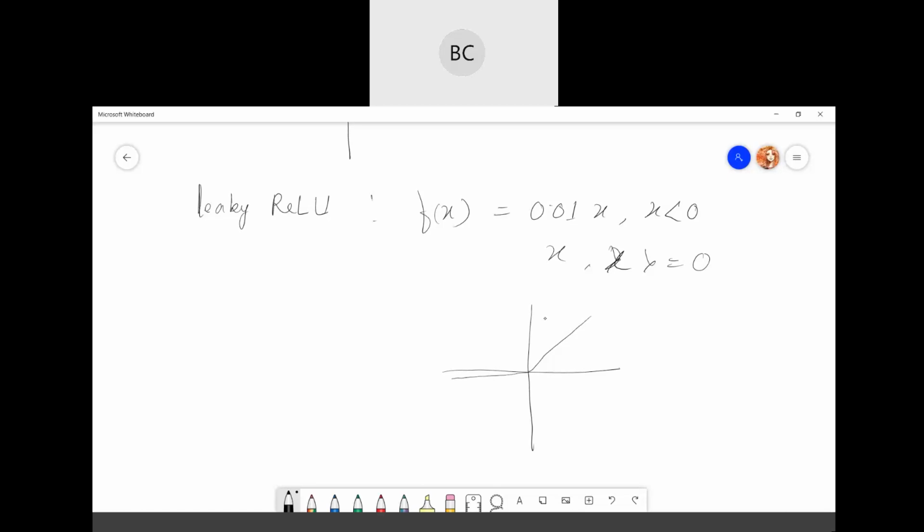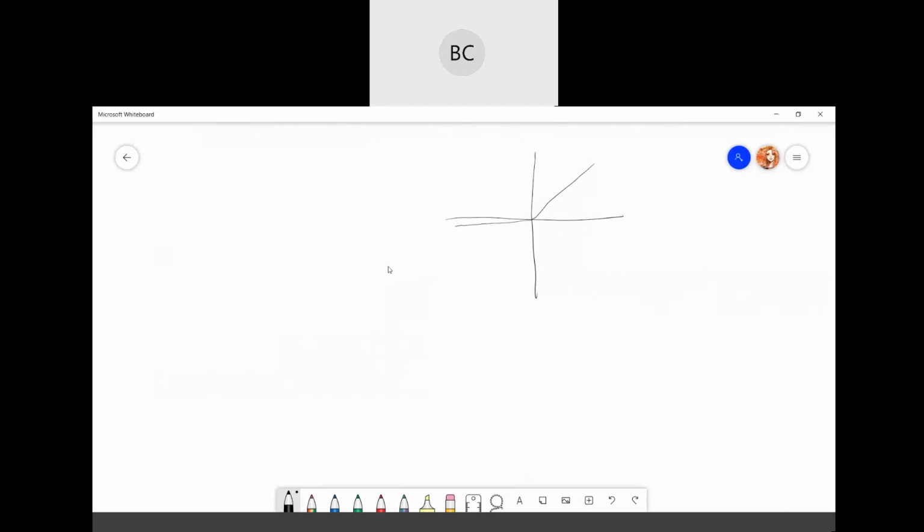That's your leaky ReLU. Then we have another, the parameterized ReLU, and so many other types. These are yours to research if you want to know more about ReLU. Then another very popular one is the softmax.